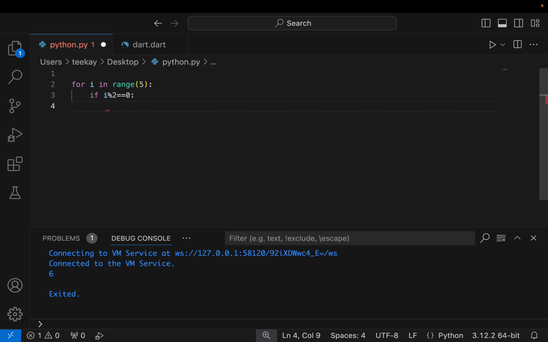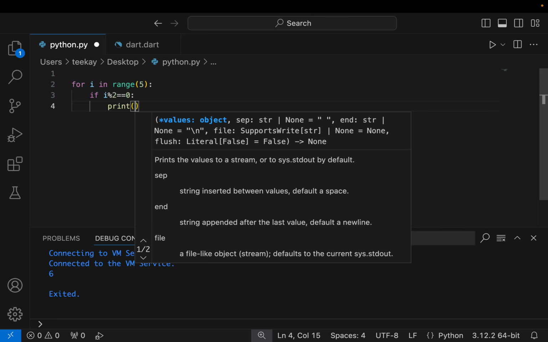Okay, so what do you want to do if it's like this? We want to print this number is even, because if it's modulus here, it means we don't have a remainder. If we can divide a number by 2 and we don't have a remainder, it means it's even. So here we print,